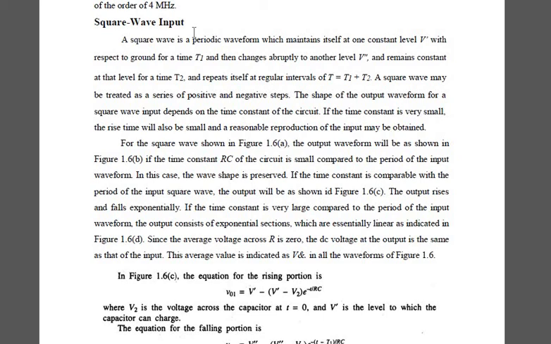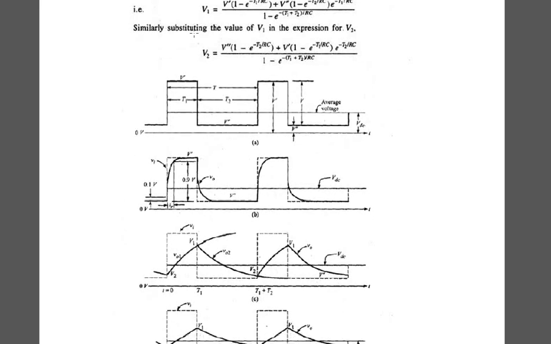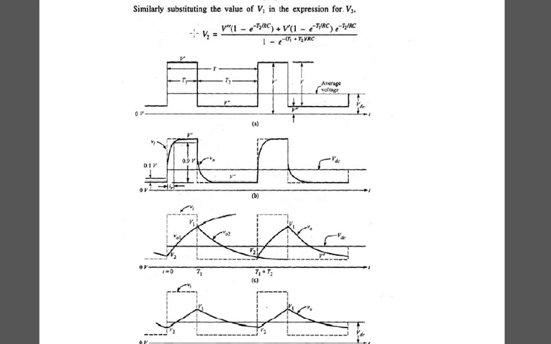Then what are the three conditions? RC greater than T, RC less than T, and RC equal to T. These are the three waveforms we have obtained; you have to write them with an explanation along with the theory, plus all the expressions. It's my request to you, please do write the assignment, and I'll be checking this after the vacation. I hope you are clear with these two topics of today.